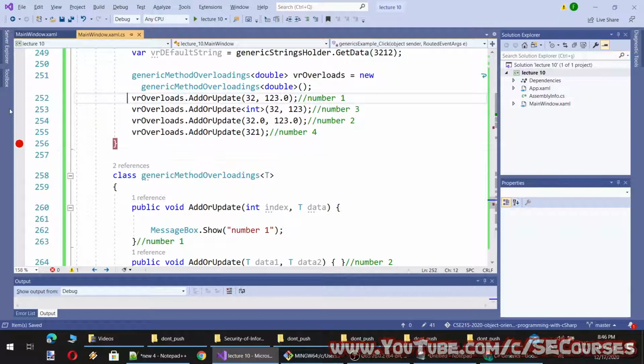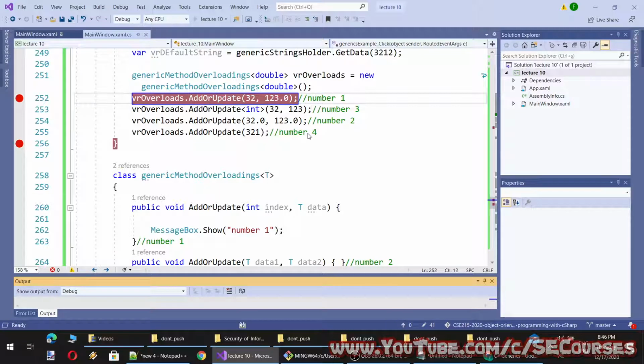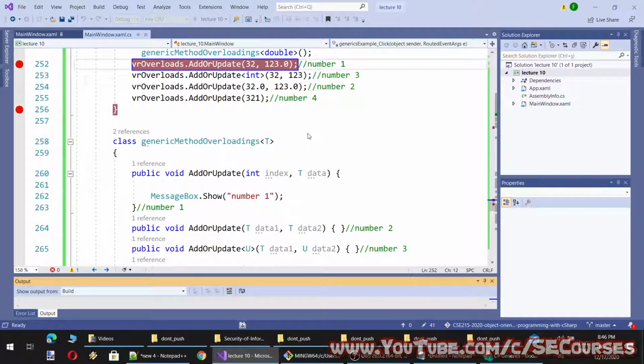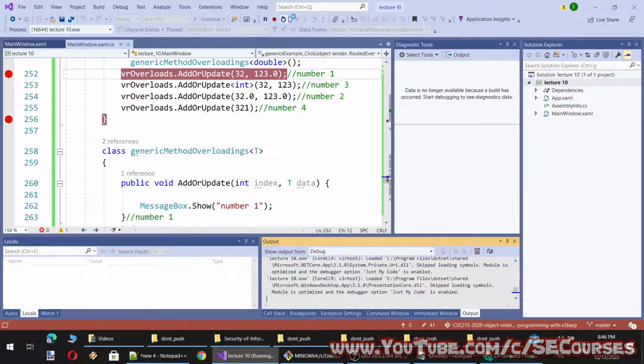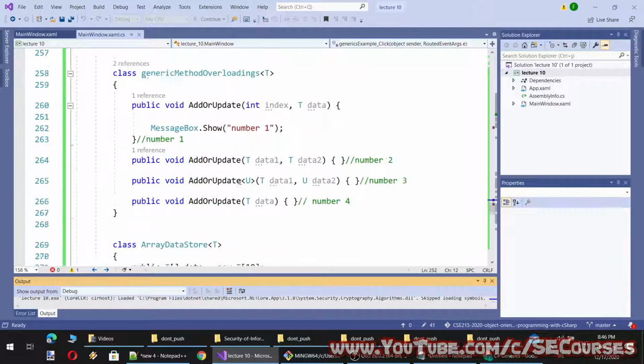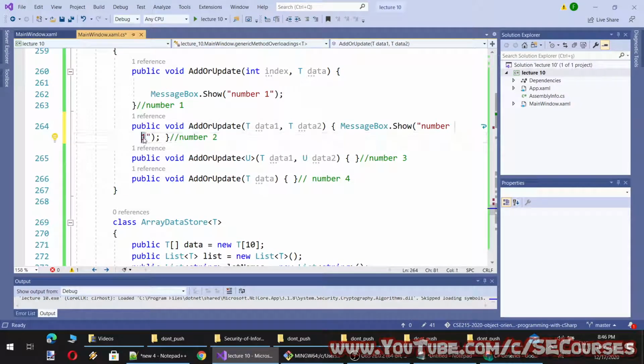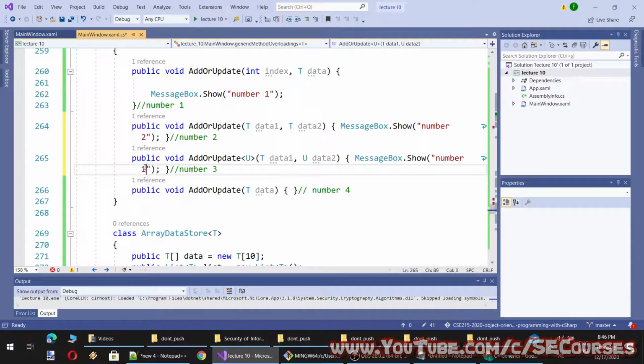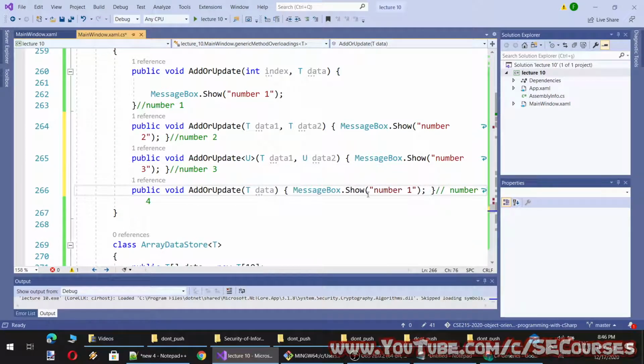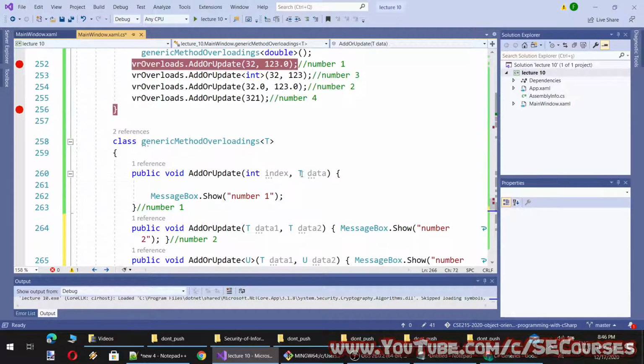All right, so let's test our theory. Number 1, number 2, number 3, and number 4.